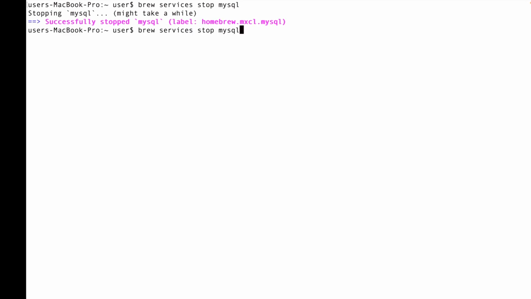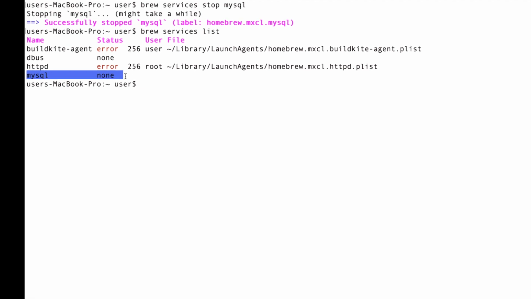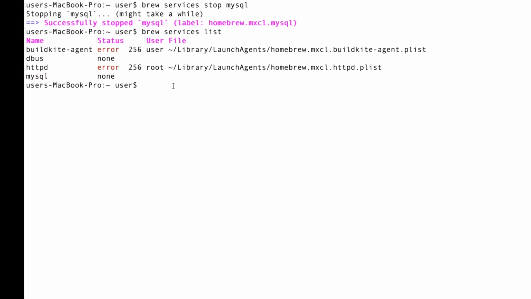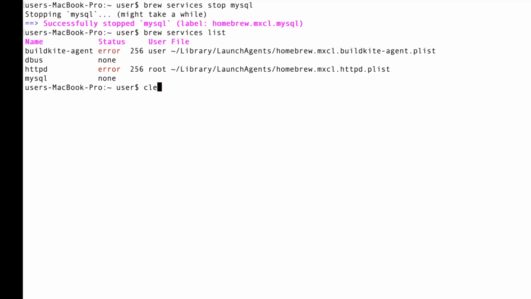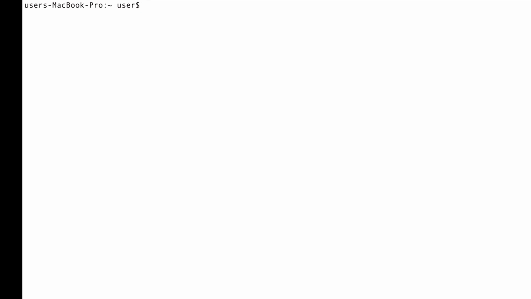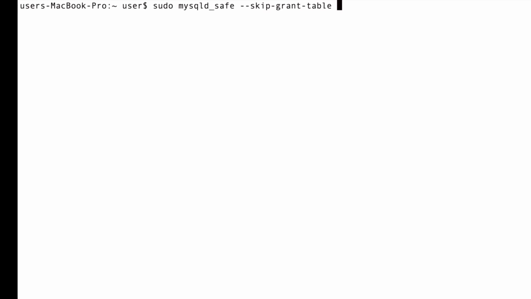Okay, if we run brew services list again, now you can see that MySQL has stopped running. Now the next thing for us to do is to start the MySQL server in safe mode. So I'm going to clear up this terminal. You have to type sudo mysqld_safe --skip-grant-tables and